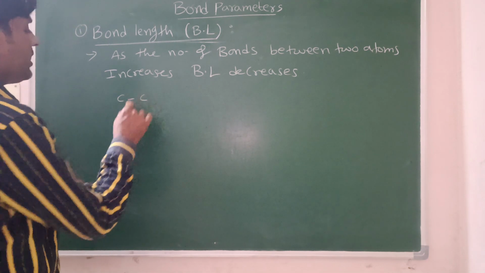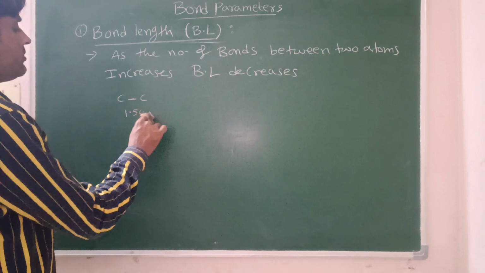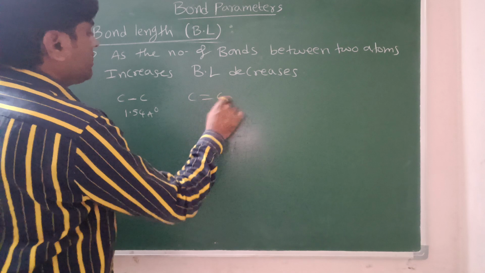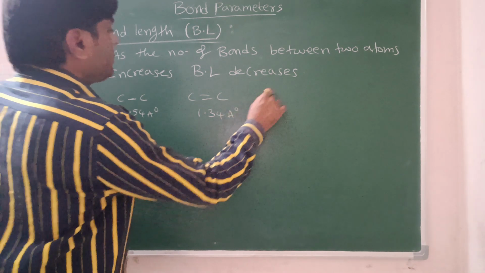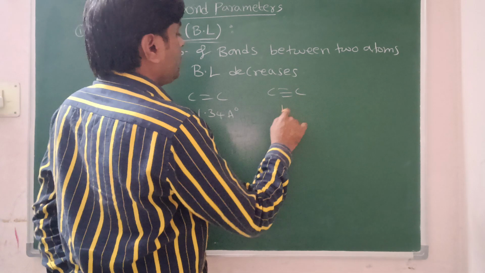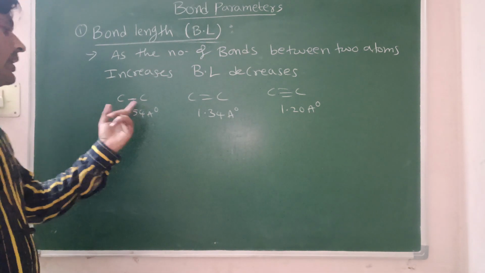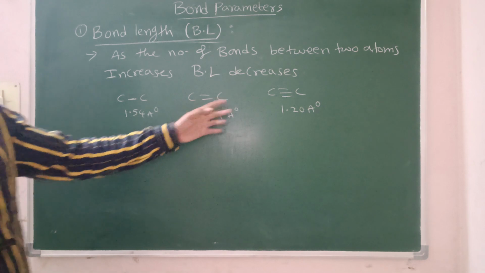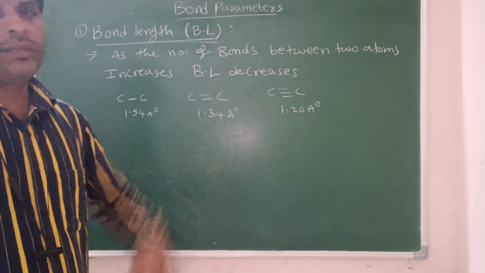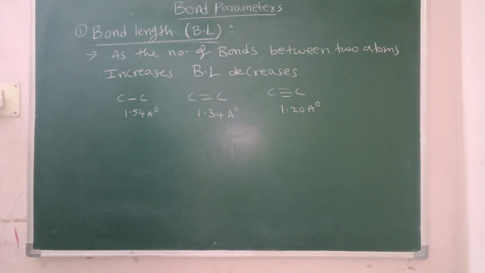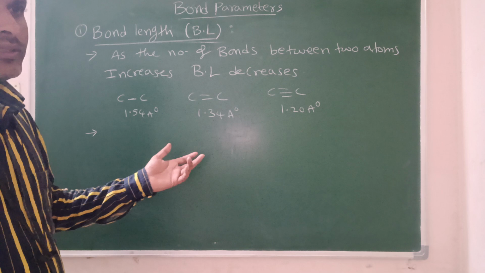carbon to carbon, if a single bond is there, then the bond length is 1.54 angstroms. If a double bond is there, 1.34 angstroms. If a triple bond is there, 1.20 angstroms. So between two atoms, one bond, two bonds, three bonds. Number of bonds increasing, bond length decreasing. Next,